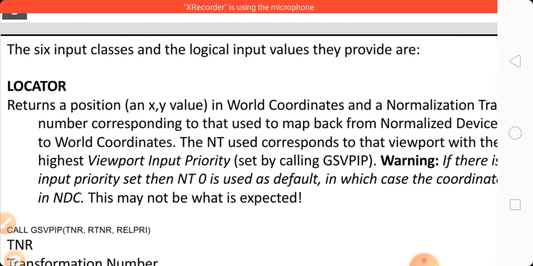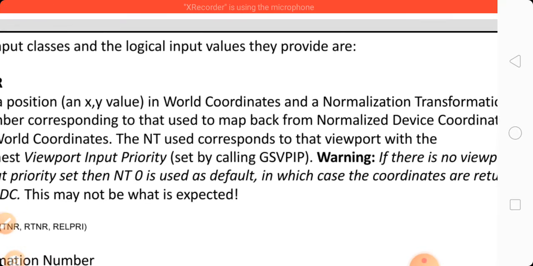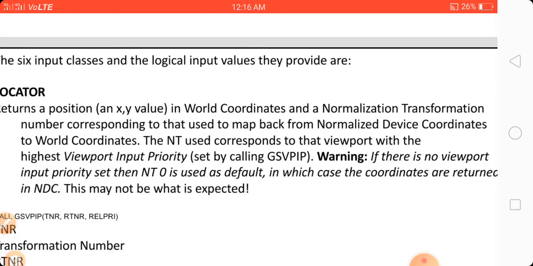The first is the locator. It returns the position, x and y values in world coordinates, and a normalization transformation number used to map back from the normalized device coordinates to the world coordinates.